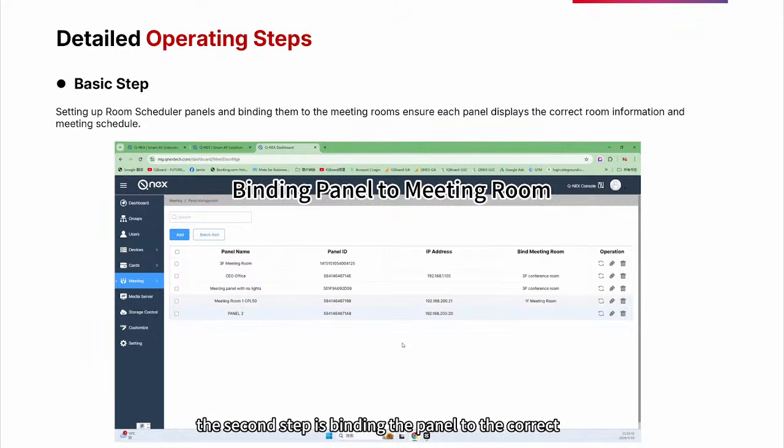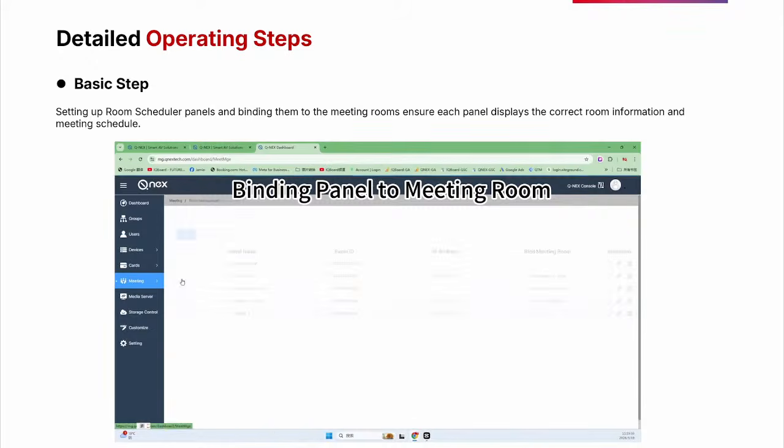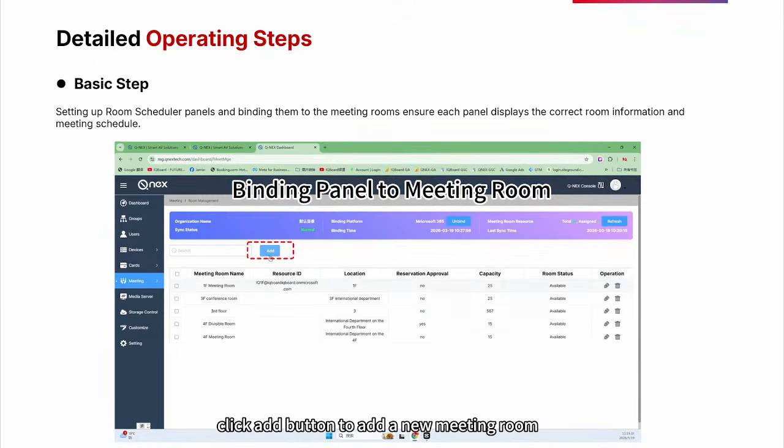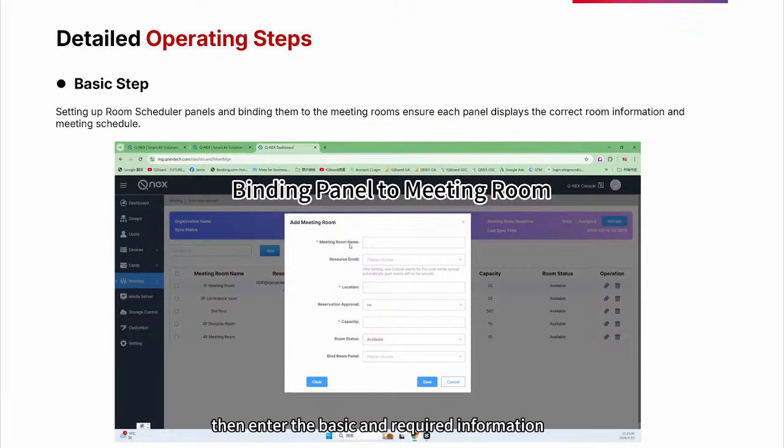The second step is binding the panel to the correct meeting room. From the menu on the left, go to Meeting, Room Management. Click the button to add a new meeting room. Then enter the basic and required information such as the meeting room name, location, and capacity. Reservation approval: this is where you can choose whether or not an employee needs administrator approval before booking